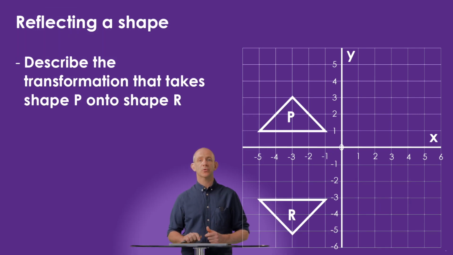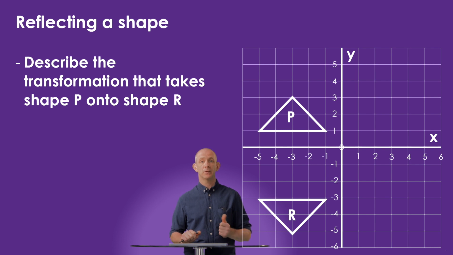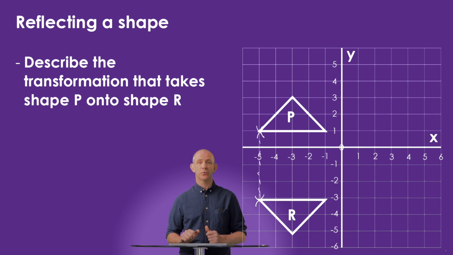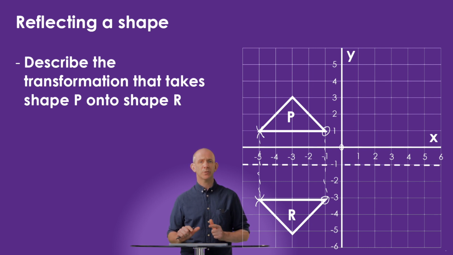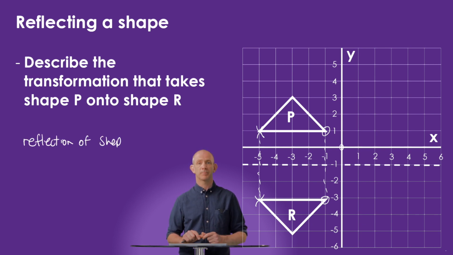Here we're asked to describe the transformation that takes shape P to shape R. If I look at the distance between these similar corners, I can see that the distance is 4 squares, and this is the same for the bottom right hand corner of shape P. So if I divide that by 2, I can see I want to draw a horizontal line between the two shapes at y equals -1. As I can see it's a reflection, I can state that this is a reflection of shape P in the